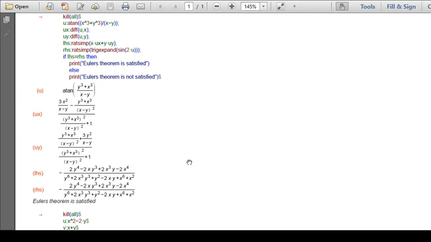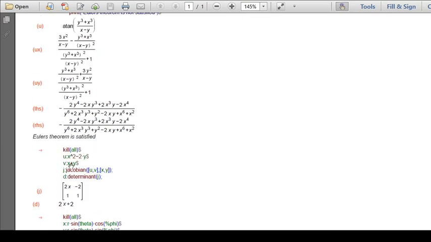We know that Jacobian is the determinant of the Jacobian matrix. That is, the Jacobian matrix, which is nothing but a collection of all partial derivatives of all the functions with respect to all the variables. So suppose u is x square minus 2y and v is equal to x plus y, then find the Jacobian of uv with respect to xy. We know that it is nothing but the determinant of dou u by dou x, dou u by dou y, dou v by dou x, dou v by dou y, first row and second row. So we need to find the determinant of that.